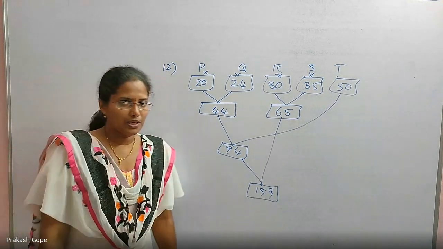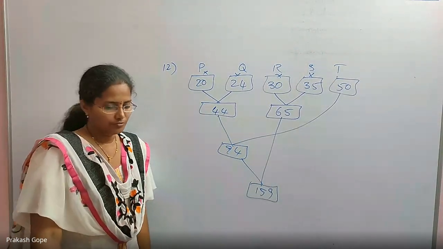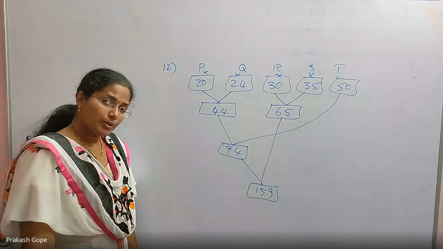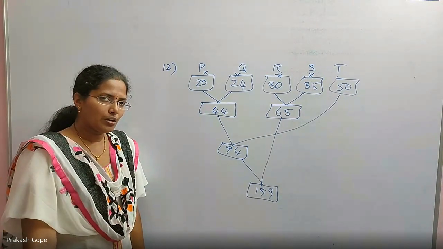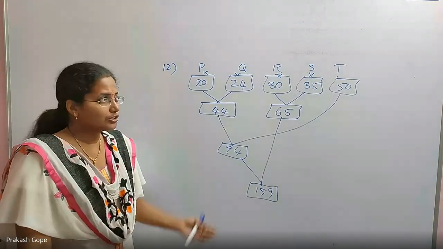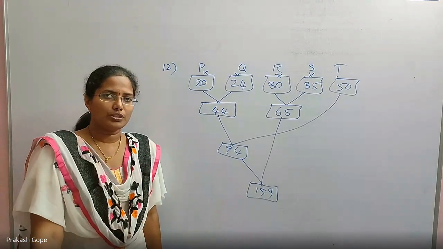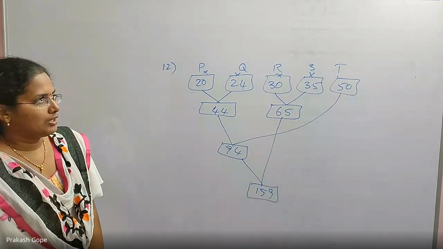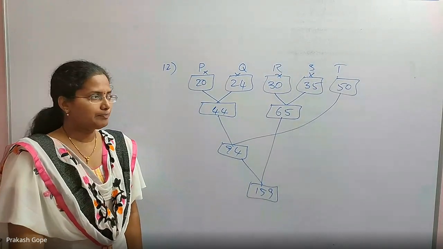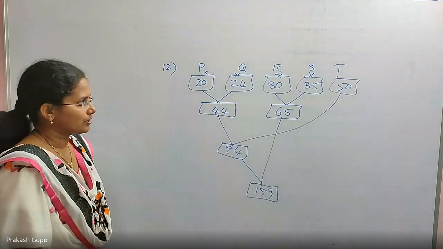Do not pick up the largest two files for merging. That is not the question. If they do not mention you should follow optimal algorithm, you just need the worst case number of comparisons, then you can pick up the largest two because that will lead to worst case number of comparisons. The question is, you should follow the best algorithm, optimal algorithm, but still in that process, worst case number of comparisons.